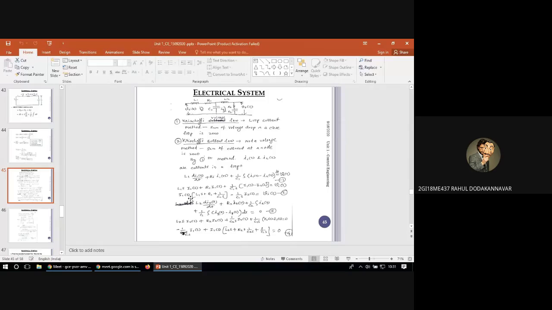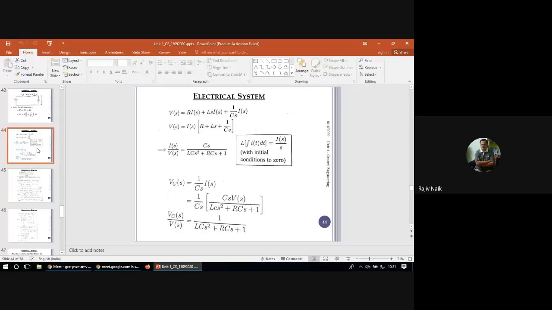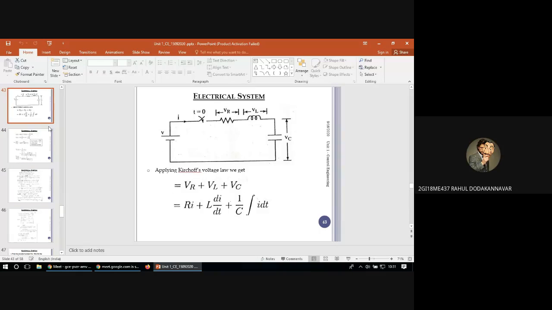Yes, sir. Excuse me, sir. Please go back to the previous slide, sir. Previous to this one. This one. So that second one, VL, there is the equation L into di by dt. So there is a single differentiation, no, sir? See, single differentiation only is there. In the next slide,